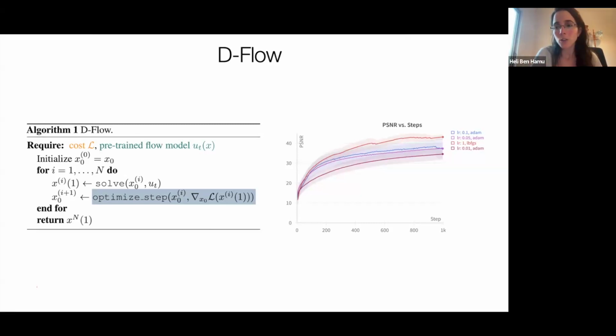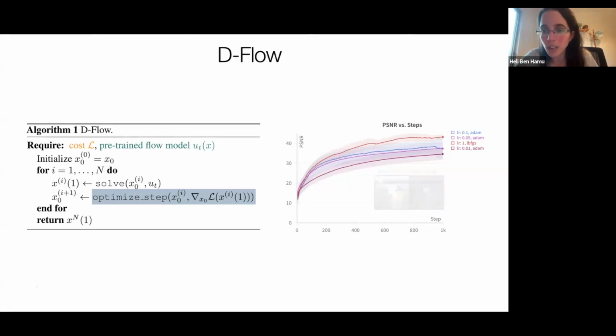Higher is better. And we see that LBFGS performs very much better by a large margin from Adam. This is an averaging of several experiments. And you might say, okay, why don't you take Adam with a higher learning rate? Maybe it will reach the performance of LBFGS. You only went to 0.1 here, and you can see that it goes up every time you